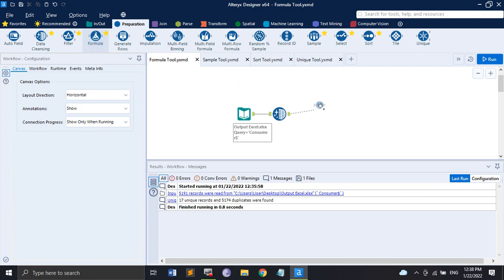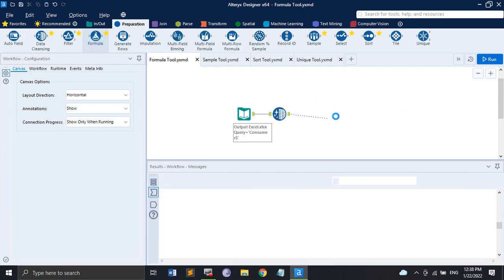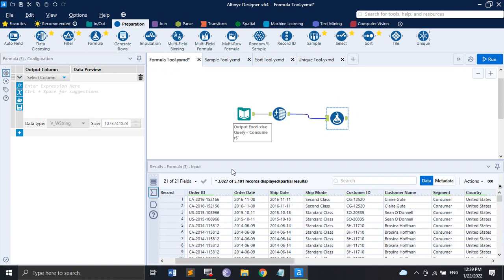Now let's bring our formula tool here. In the configuration panel I have two options: either I can select a column and that data would be overwritten, or I can add a new column. So what I'm going to do is add a new column, and then you have to specify the name of the column. So that's going to be